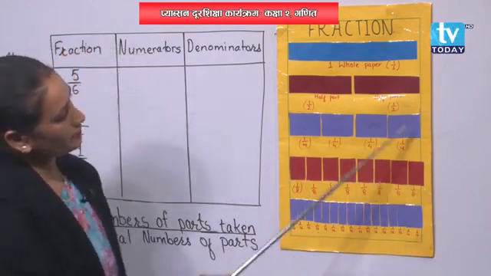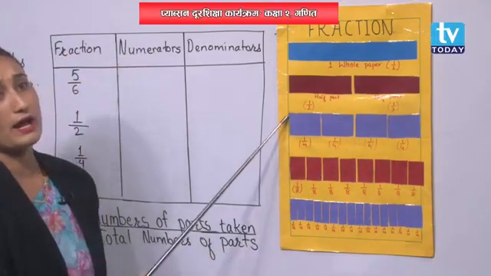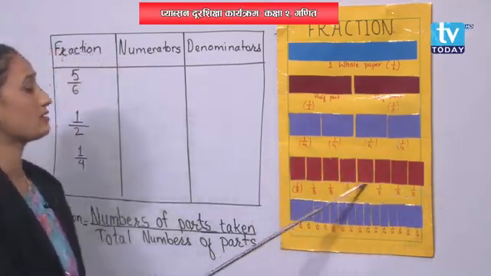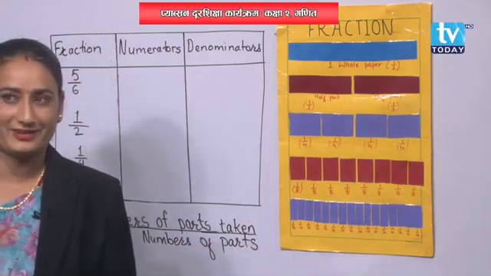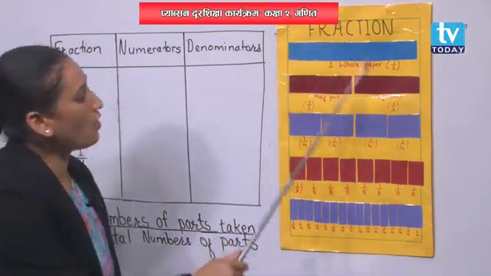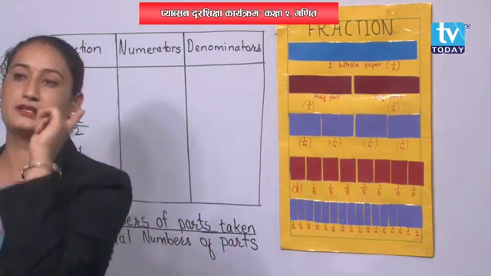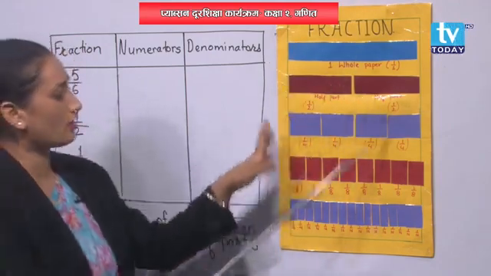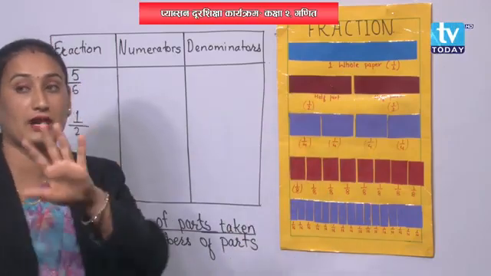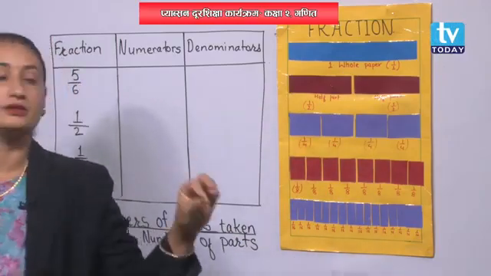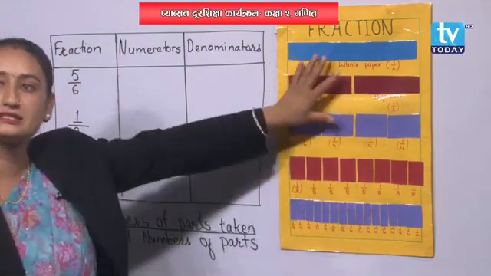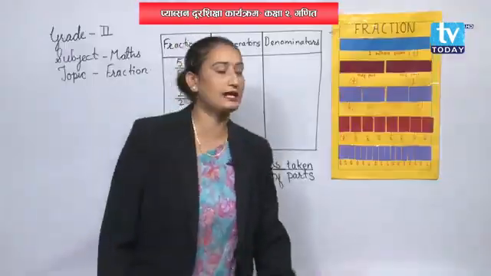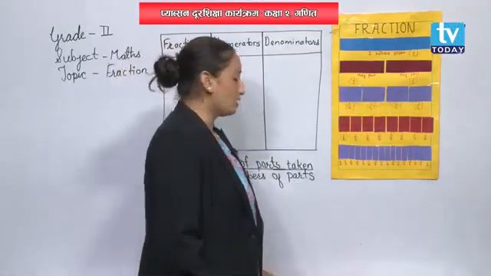And see here students, I have written up also 1, here also 1, here also 1, here also 1. Why 1? Because we have done all these 3 things from a single paper. I have put here colorful paper because you will get confused with the same paper, right? So I am giving you different colors with the same size. Do you understand? So you can do it from here.